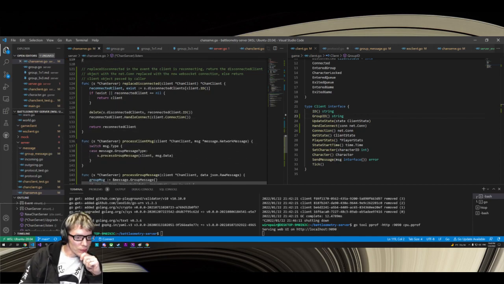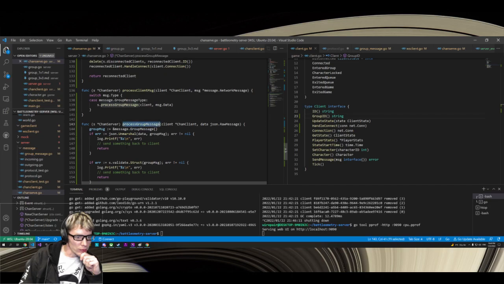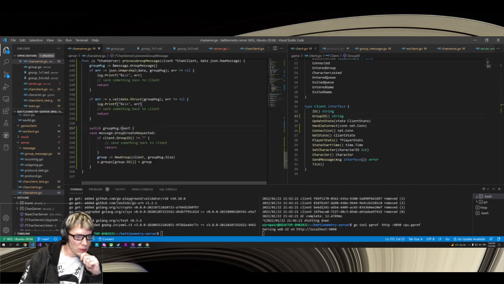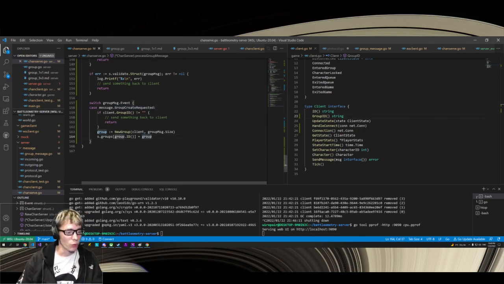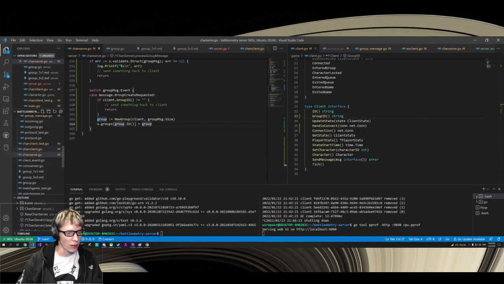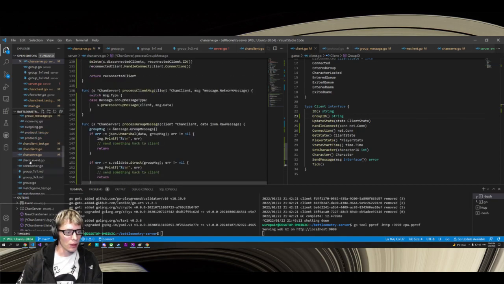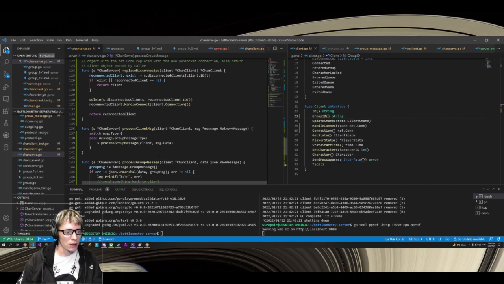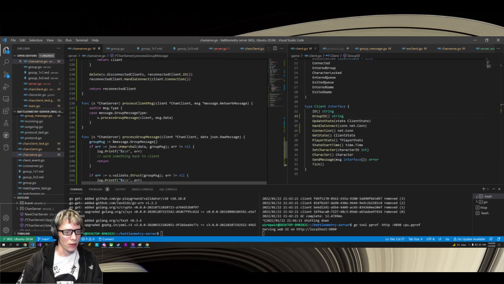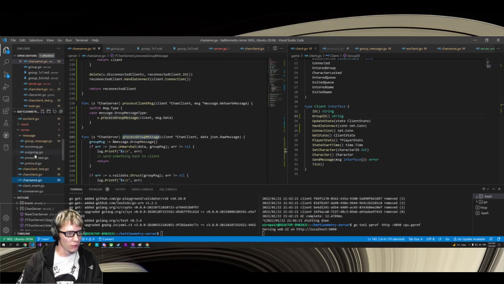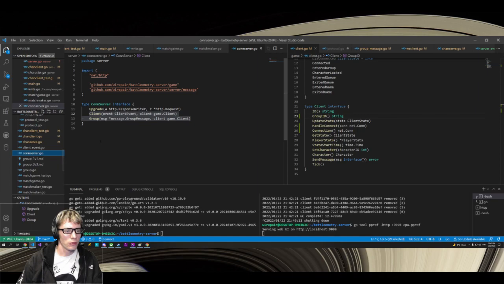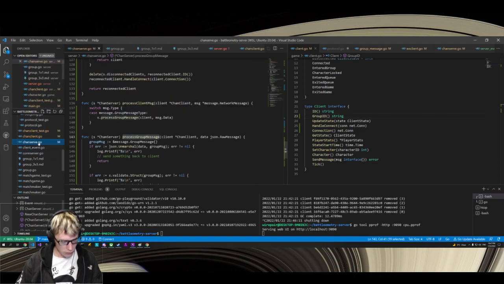Right, so process group message: validate it, then make sure the event type, create the group, add it to the groups, and I'll do the whole stuff later. But one thing I want to do before I go is actually write a test. And I think I'm going to cheat, and I just want to test the... First off, I want to rename this to server. Do I still have an old server? Yeah, con server. No, that was an interface. All right, I'm just going to rename this to